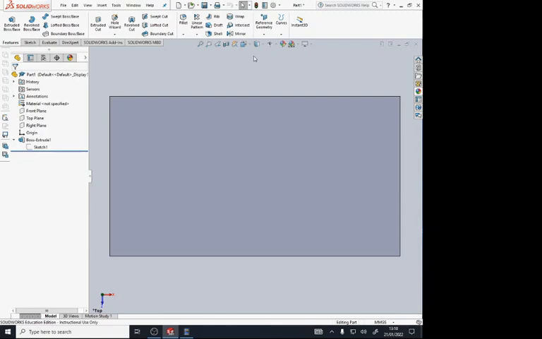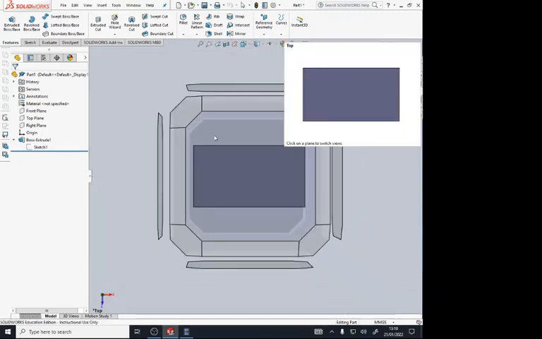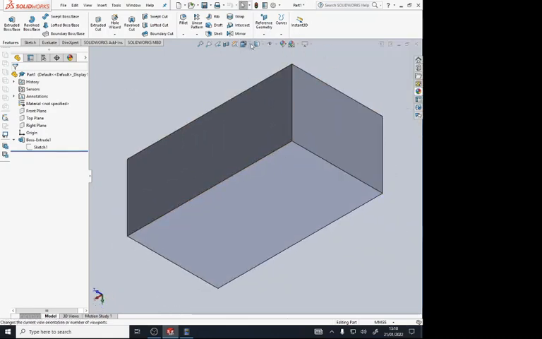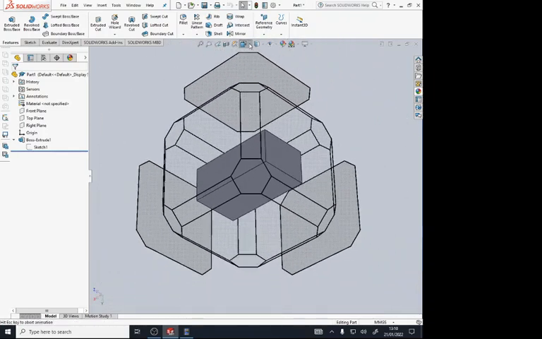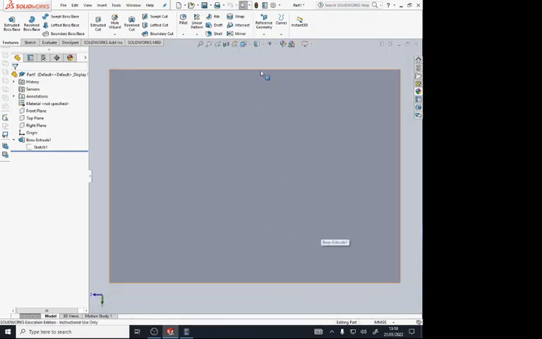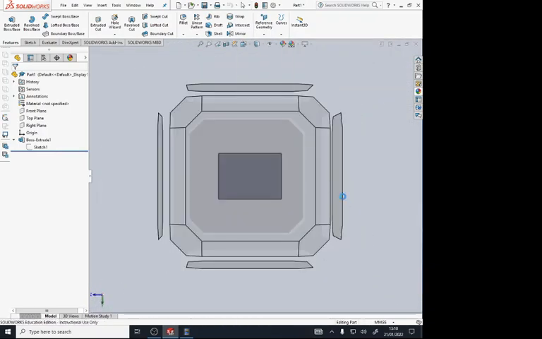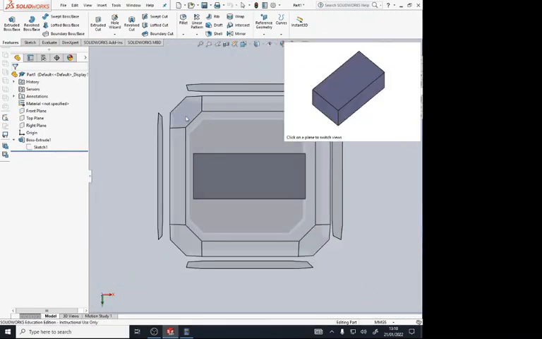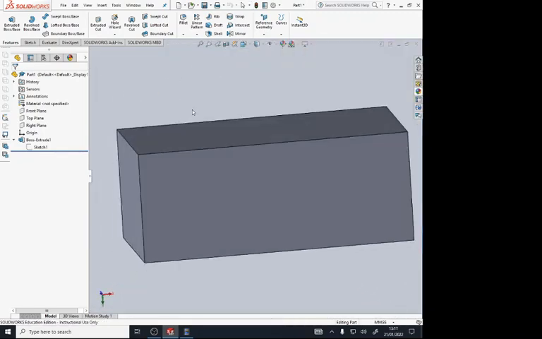Now, what I didn't show you before is being able to change views and the angles with which you look at things. If you click on this icon just here, where it says View Orientation, this will immediately allow you to start changing the angle with which you look at things. And this is again a really nice feature. If I click at any of them, I can look at your project, your piece which you're building on SolidWorks, at any angle, and this is really nice if we want to do work on specific sections or parts of this fitting. I'm literally just highlighting these panels here, choosing the one I want,